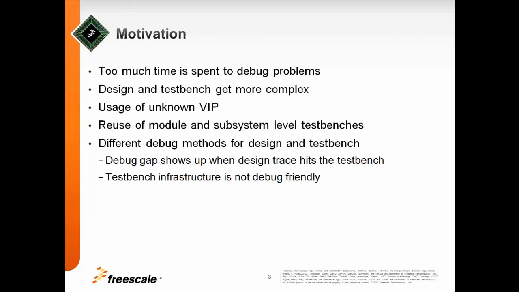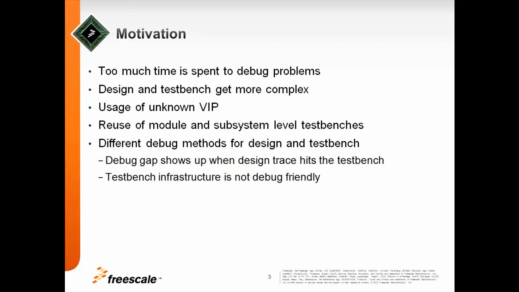I think we heard this several times. Too much time is spent on debug problems. And why? We also heard this: designs get more complex. You use VIP that you don't know. You bought this from somewhere. You reuse; we do mainly verification at SoC level, subsystem test benches or module level test benches. You also don't know them, but you want to leverage those things, but they get in your way when you debug